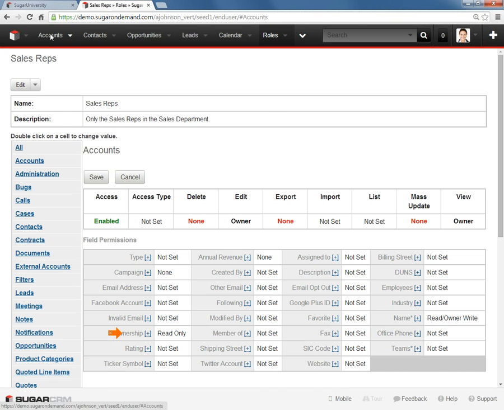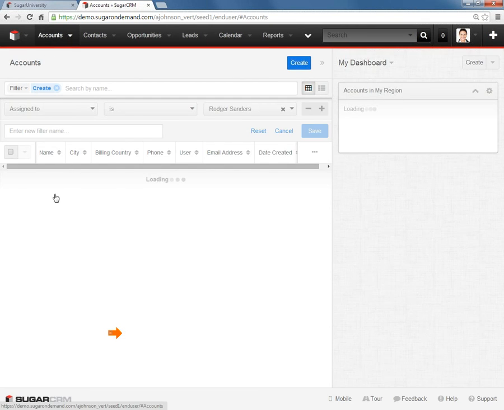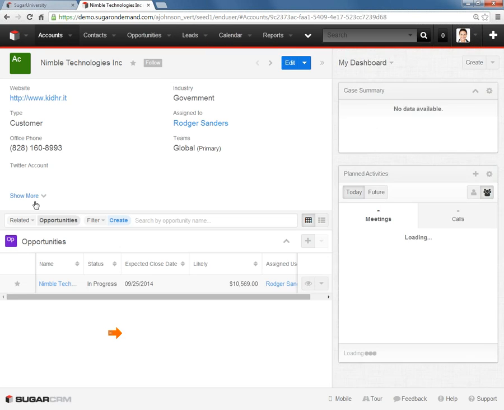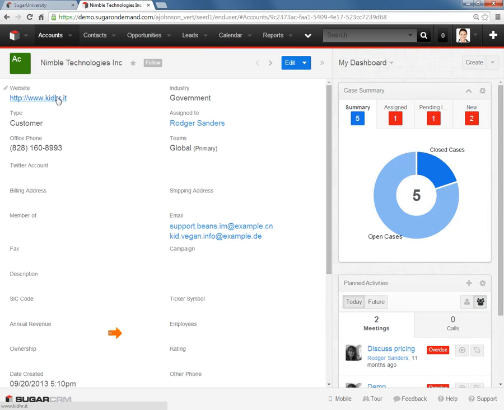So if I go to accounts here as an admin, let's just pull up any old account. Won't matter. So the name, I'm an admin, so that role doesn't matter. I'm not a part of that role. Do you see the little edit? I can edit the name even though I don't own it. Ownership I can see, which I wasn't supposed to be able to see, and campaigns, I can see that too. So if I log out